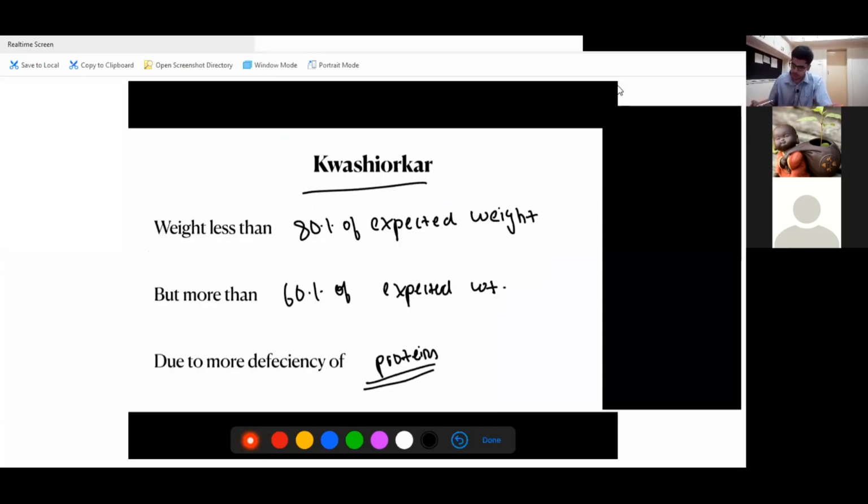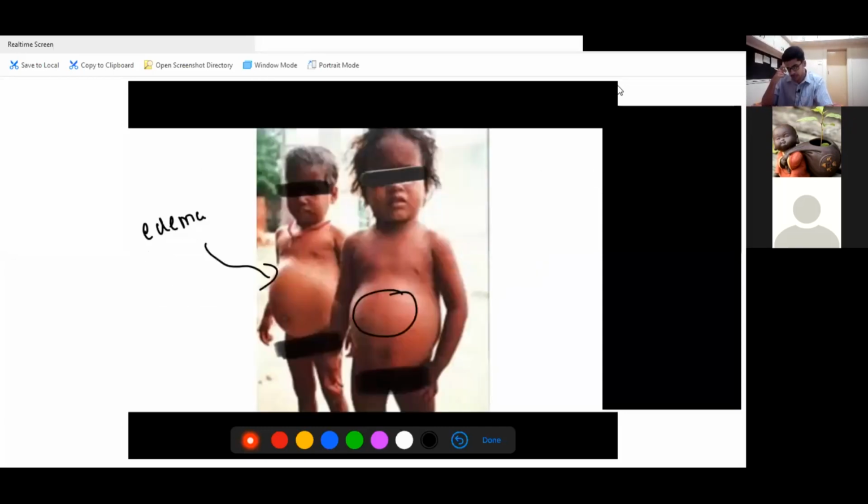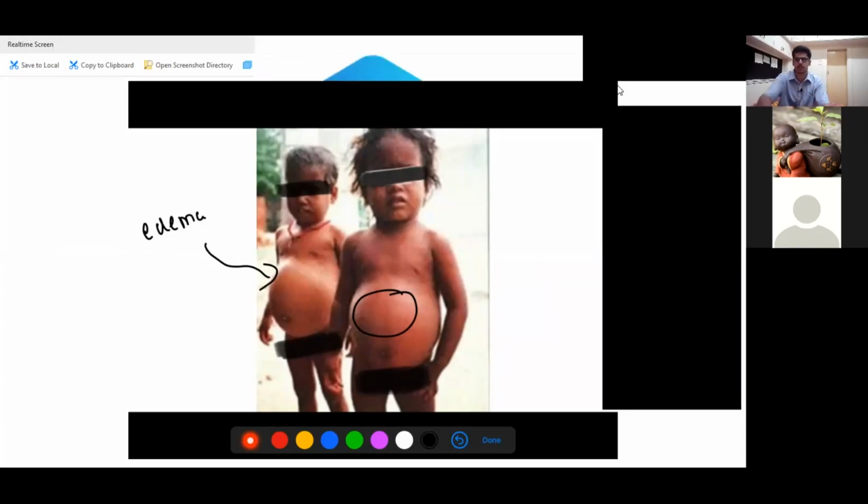So this child who came to your clinic, looking at him only, you have to tell he comes under the Kwashiorkor bracket. And then depending upon whether he is at 80% or below 60%, you have to differentiate between Kwashiorkor alone or marasmic Kwashiorkor. I hope you have understood. This patient is a Kwashiorkor patient. What all theory you have studied, now you have to put it into practice. It's fine that someone tried and made a mistake, that is very good.